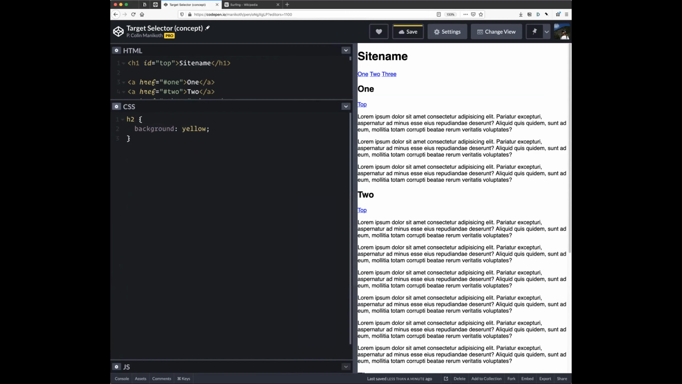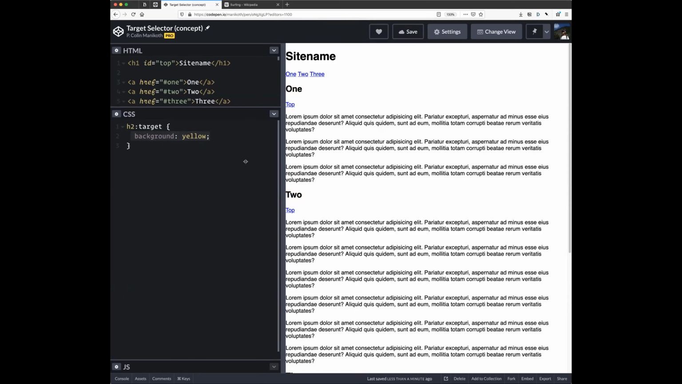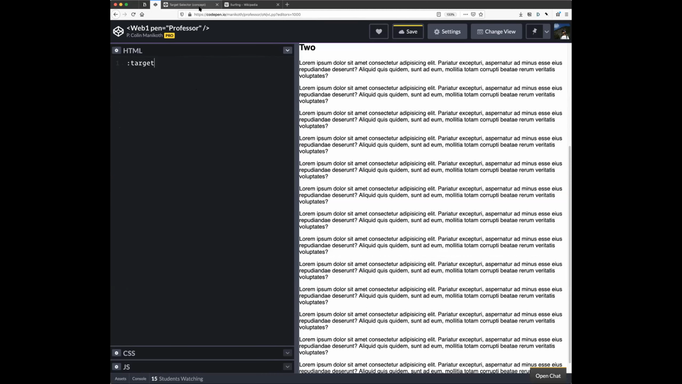So I'm going to take that off the target for just a second. And notice this is going to make all the H2s with a background of yellow. And so now if I add in the class of targets, the pseudo class of target selector, right? What I'm saying here is don't append the background of yellow to just all the H2s. Give it to the one I actually clicked on. So if I take this and I paste it into there for you,